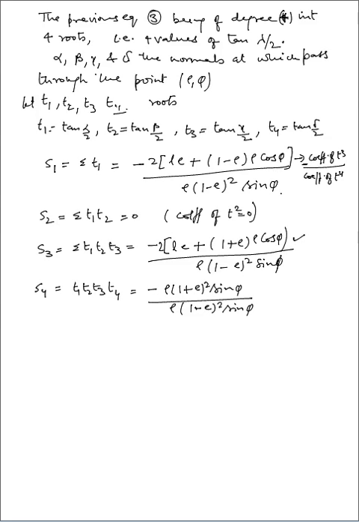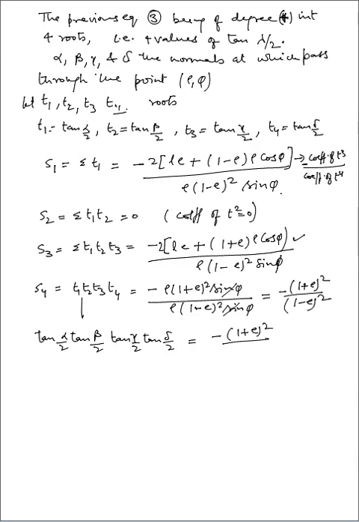It will cancel out, so this comes minus 1 plus E whole square upon 1 minus E whole square. The last relation may be written as this one, tan alpha by 2, tan beta by 2, tan gamma by 2, tan delta by 2 is equal to minus 1 plus E whole square upon 1 minus E whole square,